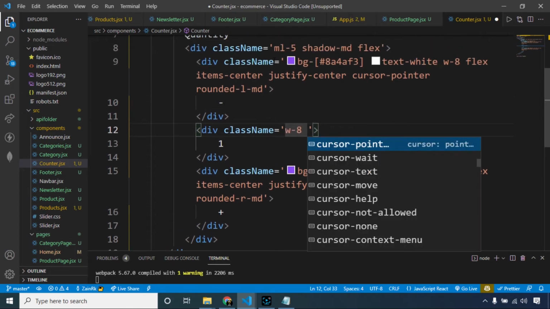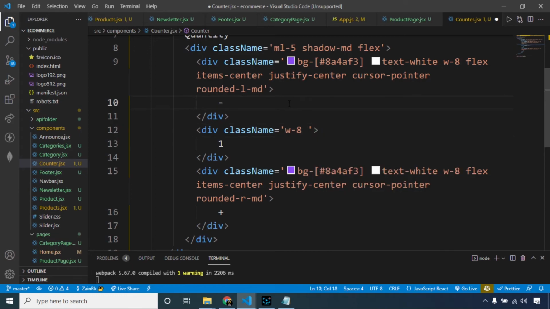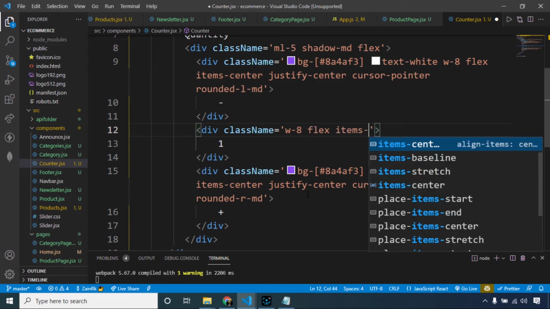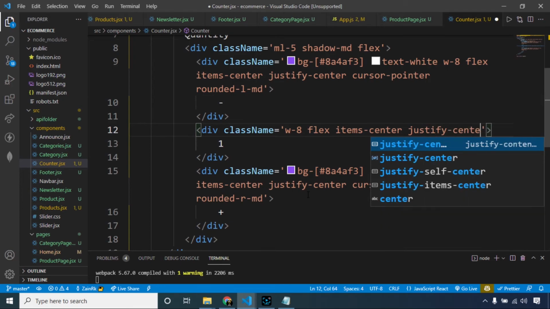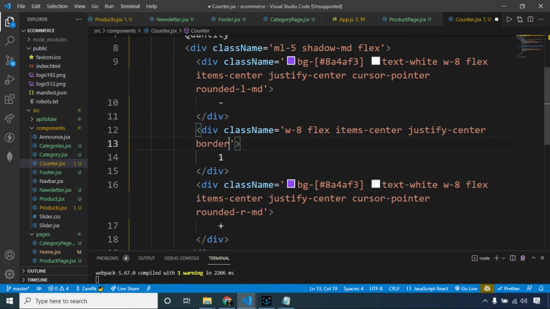I am giving all the three divs width 8 so they will all look perfectly aligned. Display flex, items center, justify center, and a border of 1 pixel will be right enough.